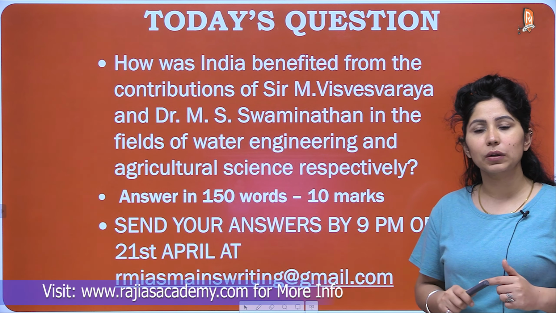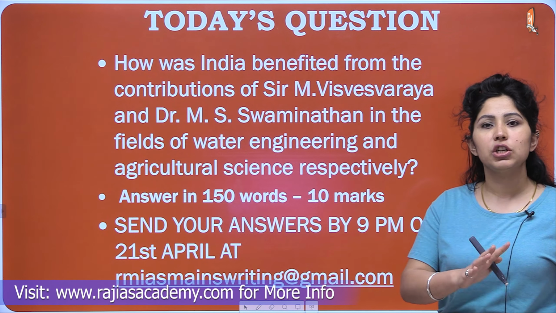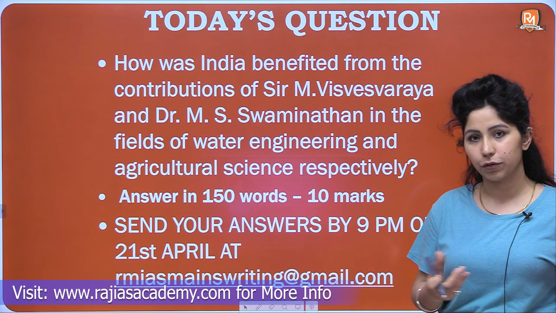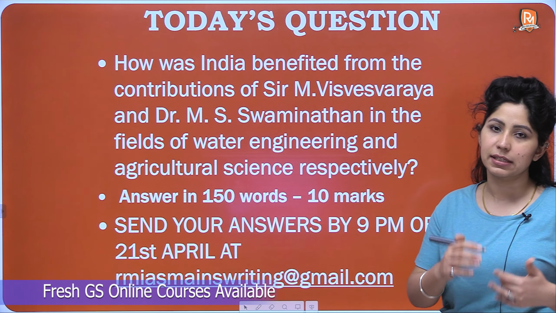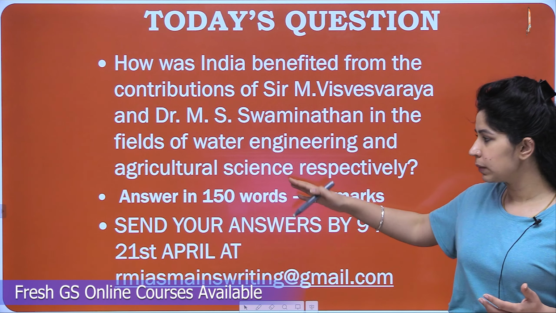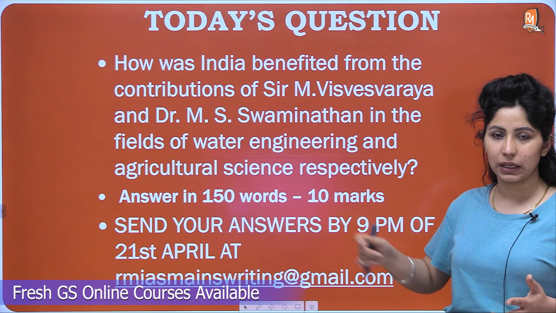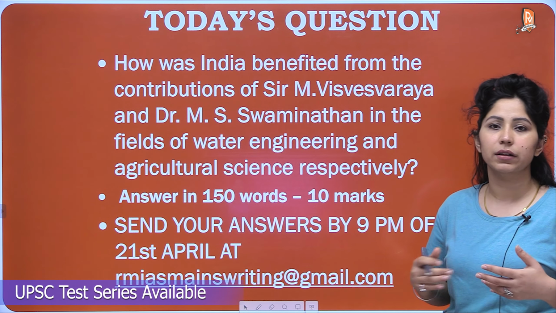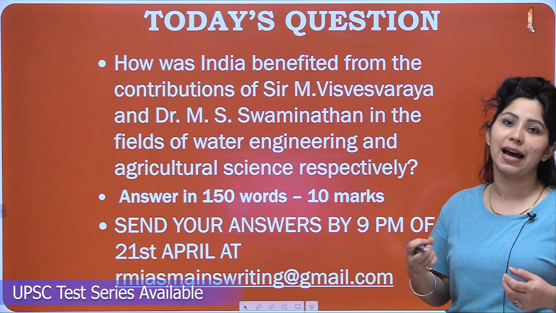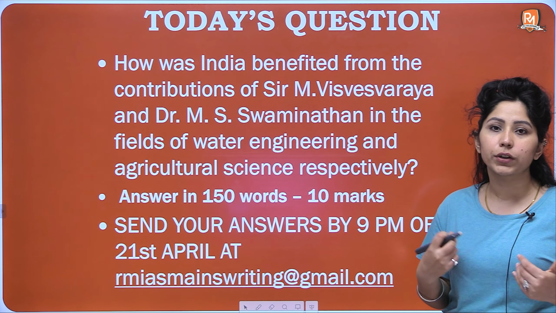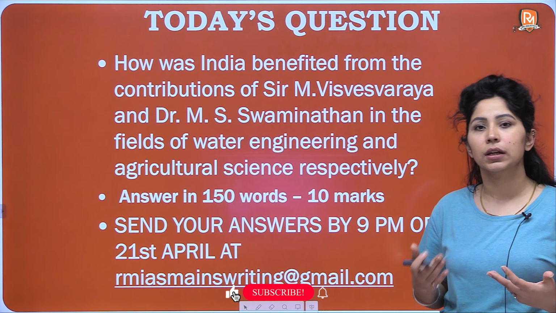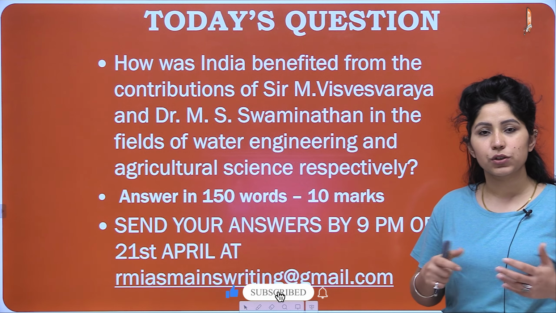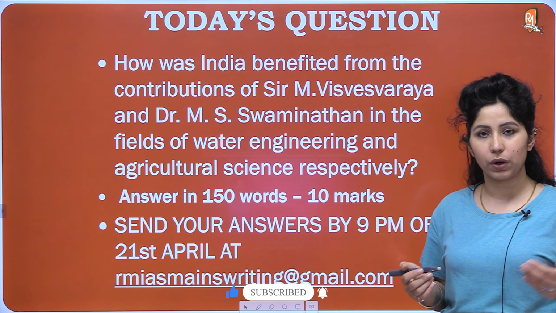So, you can talk about how India was living from ship to mouth conditions, that food grains were imported and this situation could only be changed due to the contribution of Dr. M.S. Swaminathan. And you can talk about how agriculture was very backward and irrigation facilities were not there, or dams were not of good quality, or floodgates were not there, automated floodgates. So, you can give a brief overview of what you are going to write.